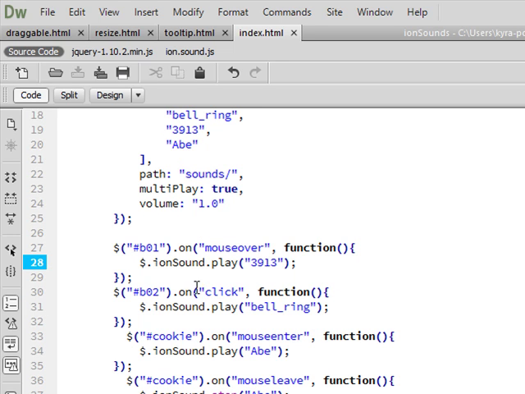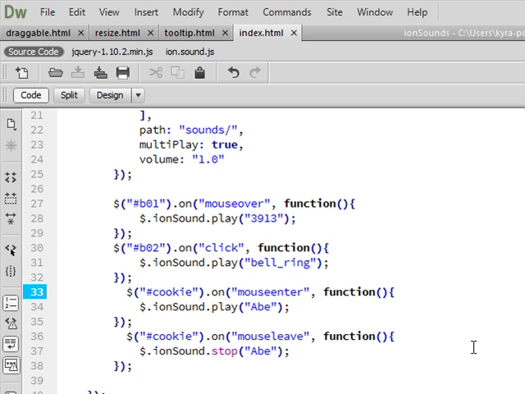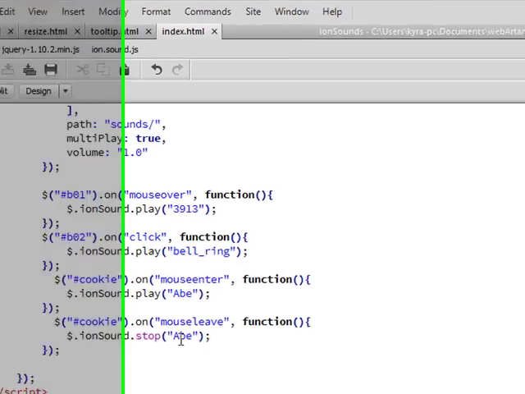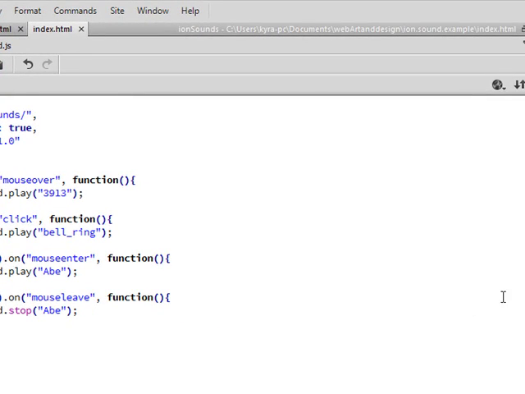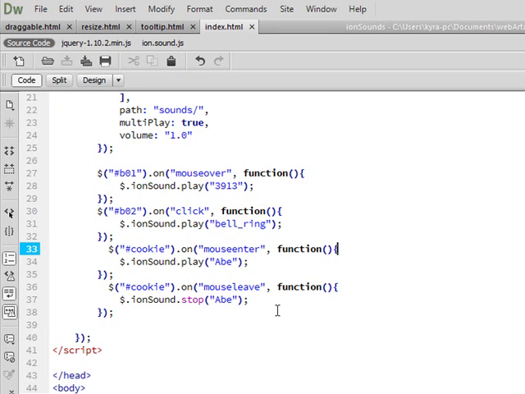Then we see the next function is we're asking jQuery on click. So these two are different. This is on mouse over versus on click of anything that has the ID of B02, play bell ring. And here's the third example that I used for the image of the cookie. I just gave the image of the cookie an ID, and we're saying to the browser we're using jQuery, and on mouse enter, play the sound, the MP3 Abe, but on mouse leave, stop Abe. So those are the three different possible scenarios that I would imagine that you would be working with, and so